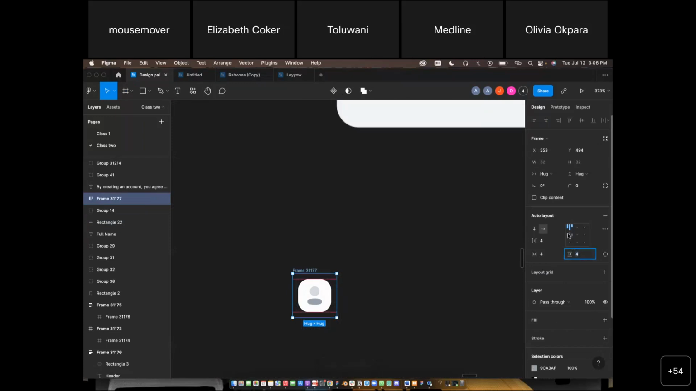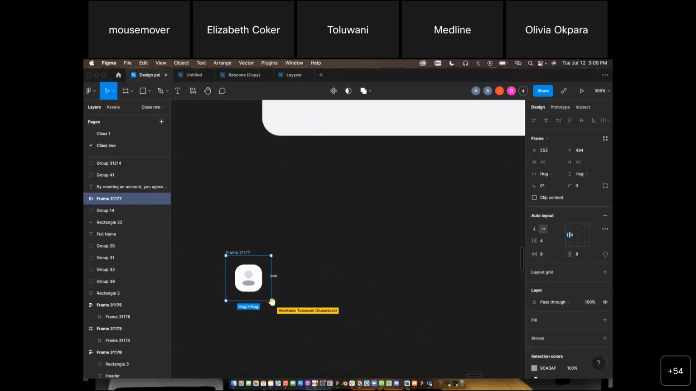And what should be the distance? I'm going to set up the property. So what should be the distance, 8? I can also give this 8. Then I can now